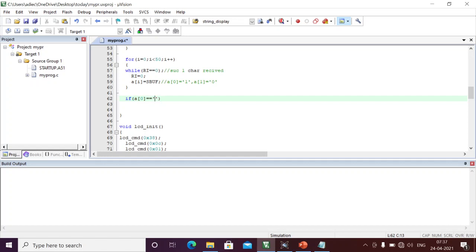Okay, here I will check G, and in a similar way we should write like this, with the and. I'm going to check whether array of 0 is G, and similarly array of 0, array of 1, array of 2, array of 3, array of 4, array of 5. Okay, here I'm going to write GPGGA. Okay, until this is enough. This is not required. Okay, GPGGA: array of 0 is G, array of 1 is P, array of 2 is G, again G, array of 3, array of 4.